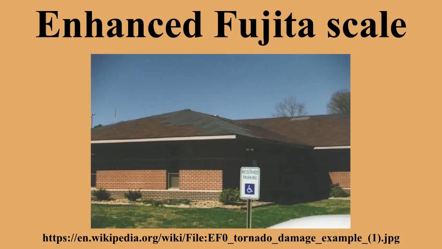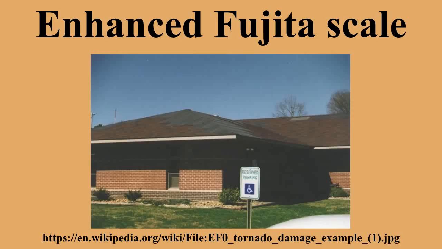The scale has the same basic design as the original Fujita scale, 6 categories from 0 to 5, representing increasing degrees of damage. It was revised to reflect better examinations of tornado damage surveys, so as to align wind speeds more closely with associated storm damage, better standardizing and elucidating what was previously subjective and ambiguous.